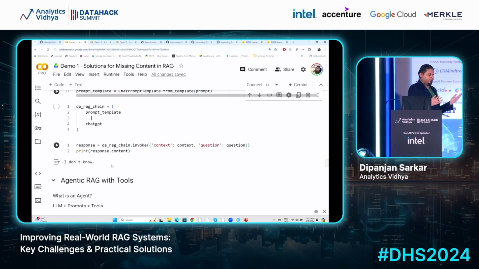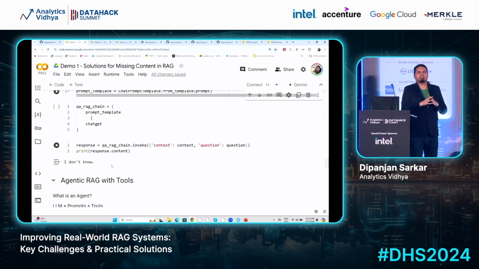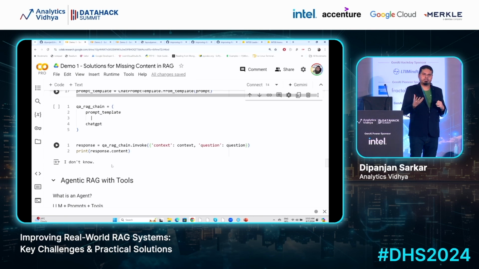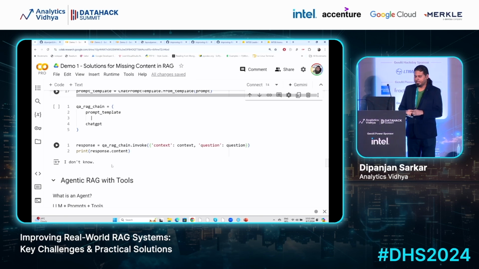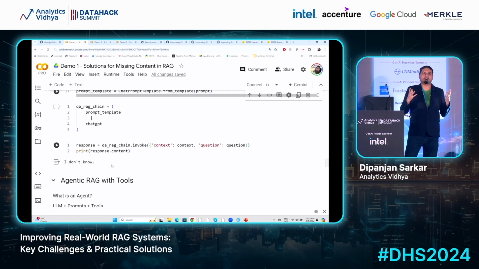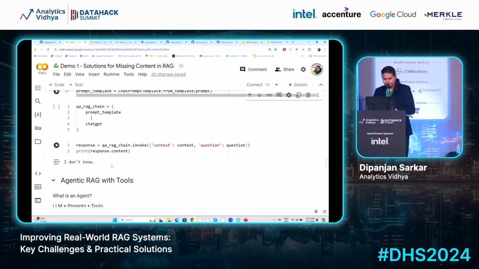Now this is fine, but can we go one step further? Let's say that we don't have the answer in the context, and we don't have the answer in a vector database or supporting documents. Can we build an agentic RAG system where we can go and search the web automatically, get the information, and answer the question? Now, what is an